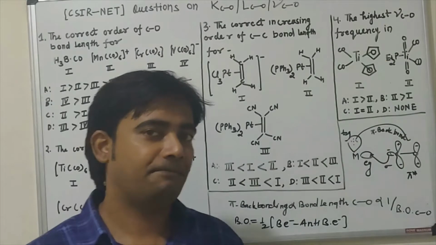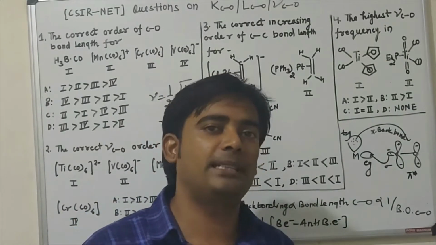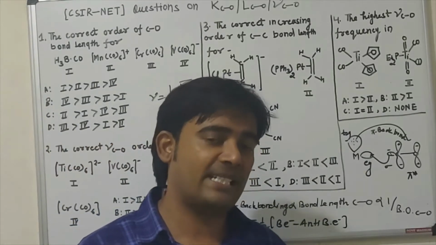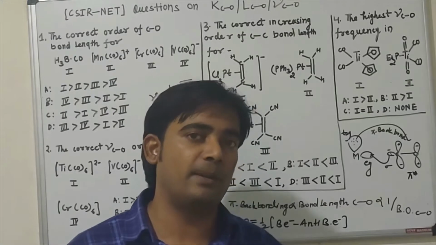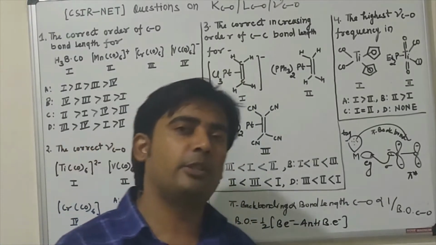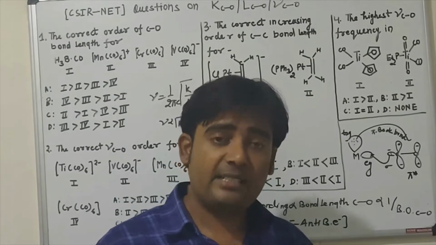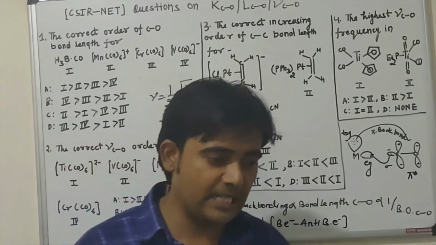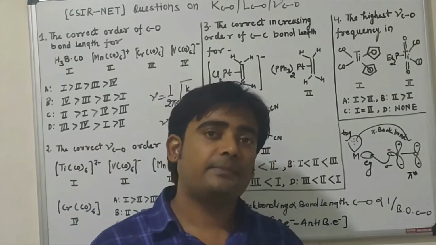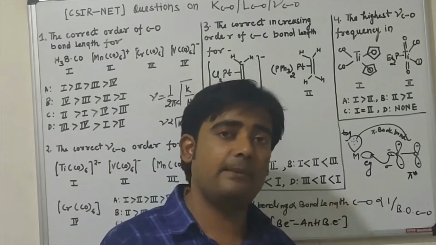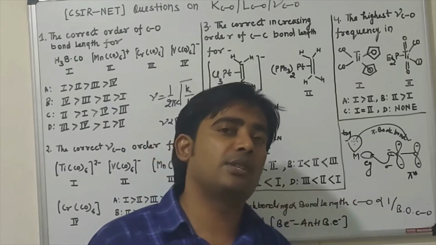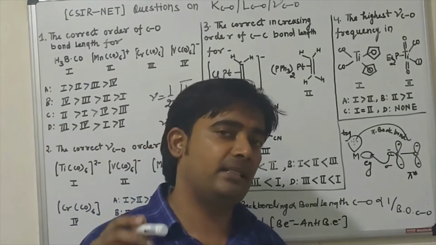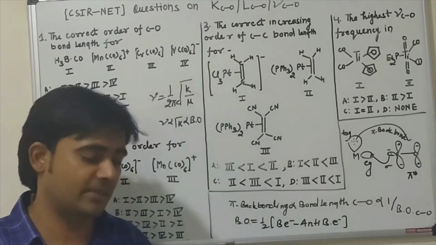I am Dr. Anuj Kumar. In the last videos I discussed metal carbonyl complexes. I classified metal carbonyl complexes into two parts: mixed metal carbonyl complexes and binary metal carbonyl complexes. Then I discussed bonding between metal and carbonyl by discussing some typical factors affecting bond order, bond frequencies and bond length of carbon and oxygen and metal and carbon. Those videos you can find by the link given in the description box of this video.